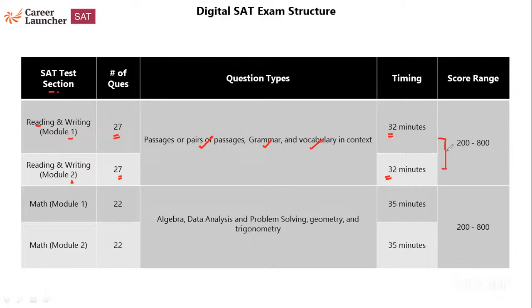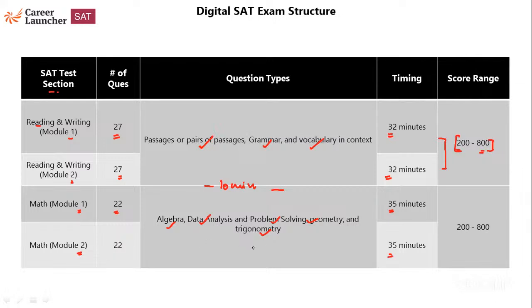The score for this section, that is English, starts from 200 and goes up to 800. 200 minimum, 800 being the maximum. After the English module 2, there will be a 10 minute break. Followed by module 1 of maths, 22 questions, 35 minutes. You have to study algebra, data analysis, problem solving, geometry, trigonometry for this section. After these 22 questions, again the next 22 questions of math, module 2,